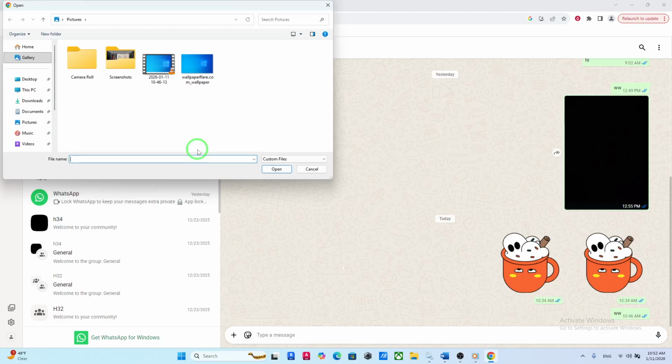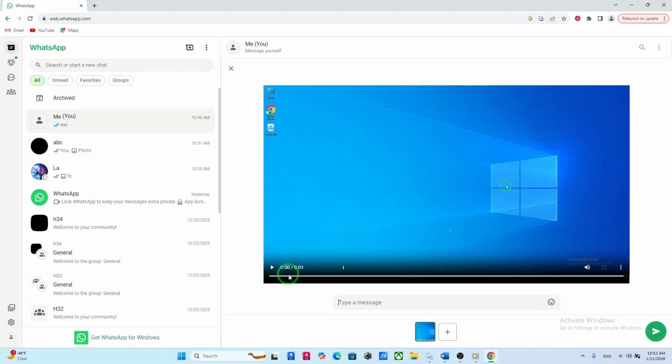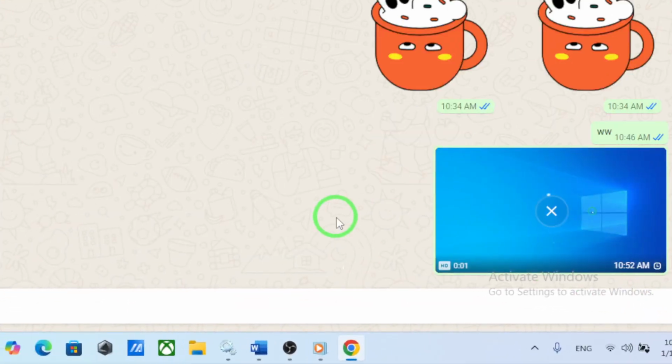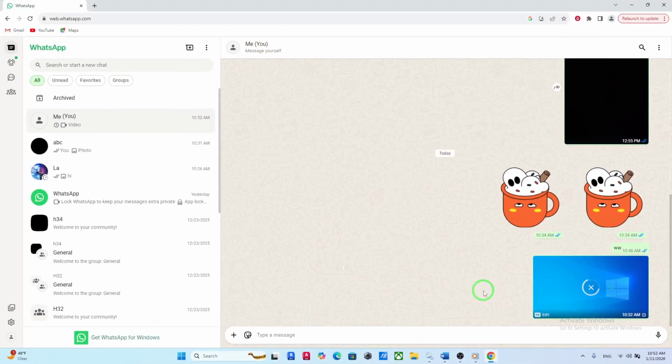After choosing your video, click Open. Now, you'll see a preview of your selected video appear in the chat window. This is your chance to double check that you've selected the right file. You can also add a caption if you'd like, maybe a quick description or a few emojis to make your message more personal. Once everything looks good, go ahead and click the Send button, which is the green arrow in